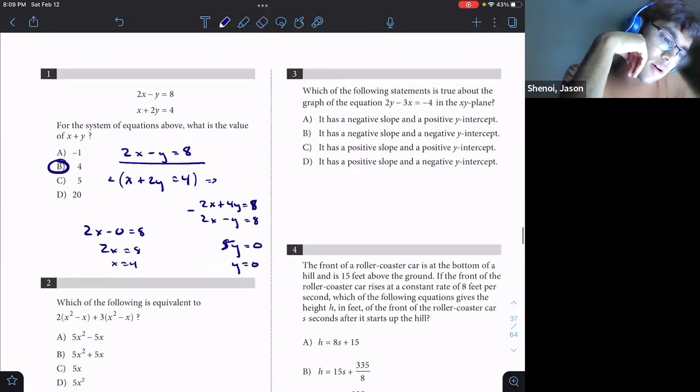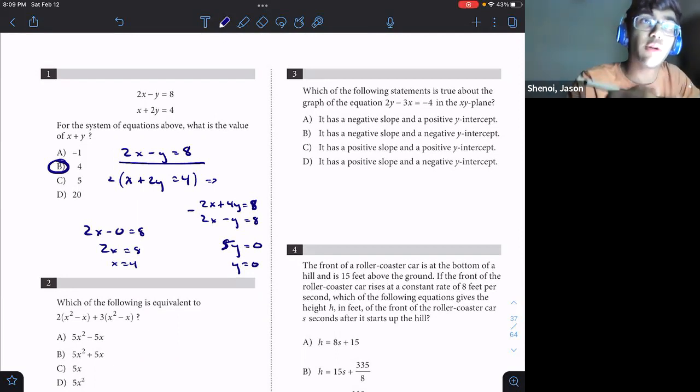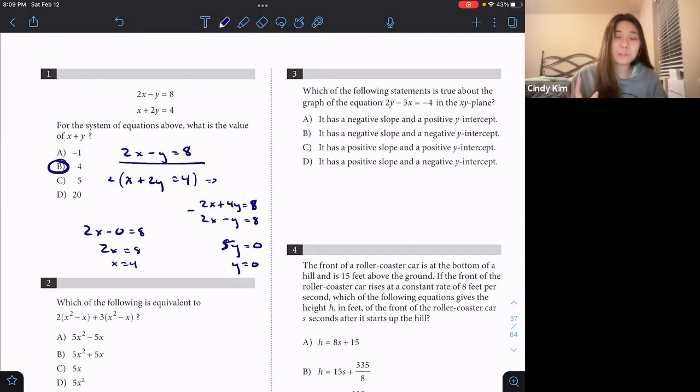Okay. Which of the following equation statements is true about the graph in the equation in the xy plane? Okay. So whenever you have a graph equation, you want to put this in slope-intercept form. What is slope-intercept form? What's the equation? Oh, y equal to